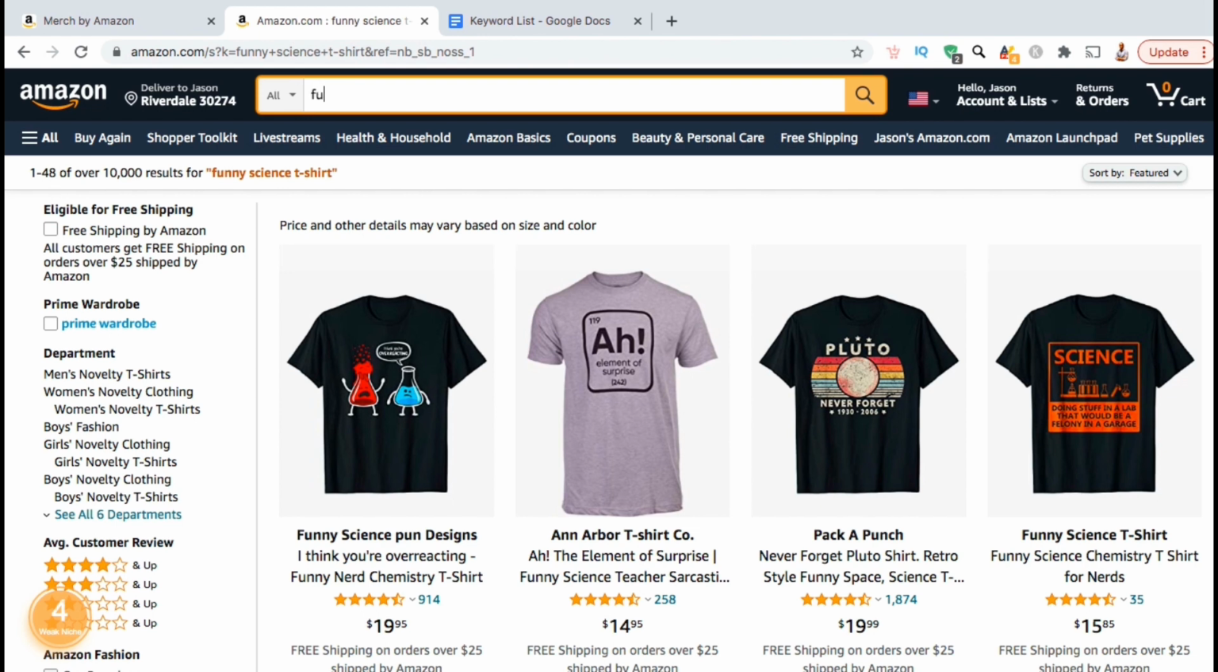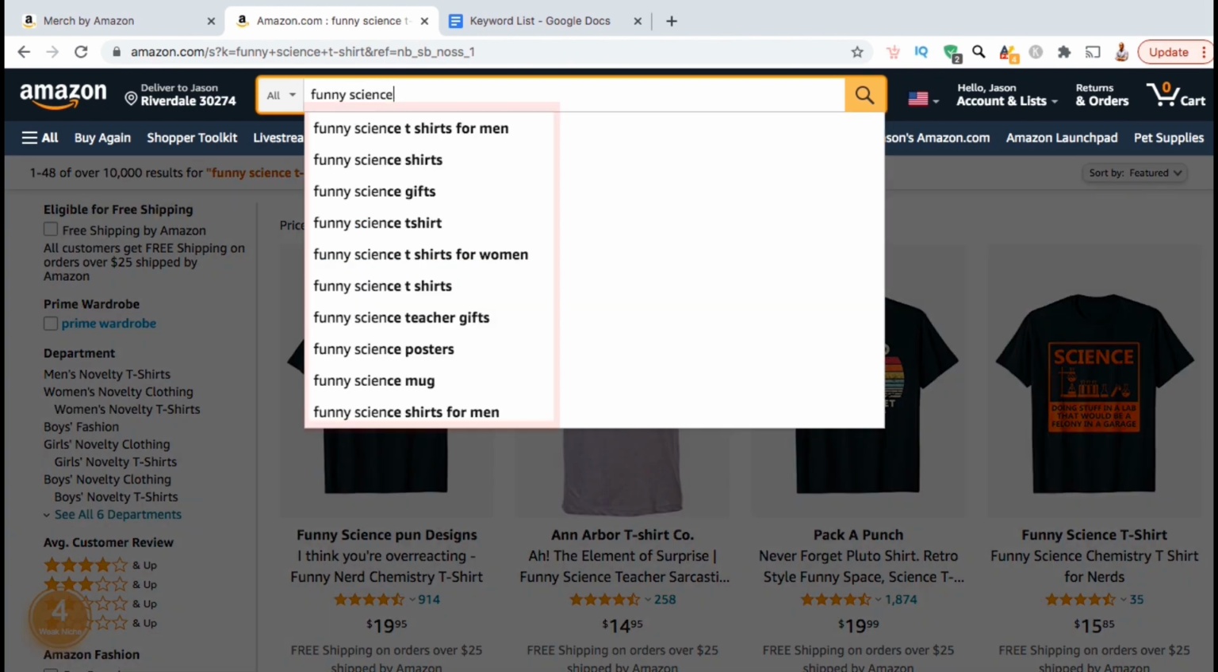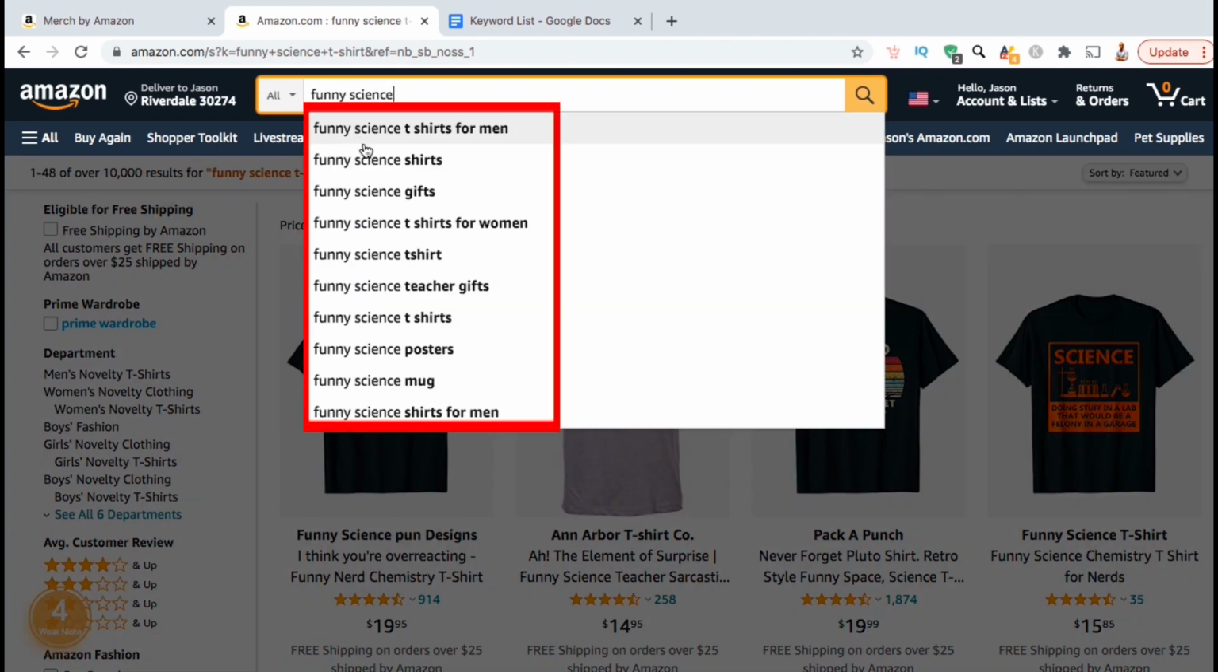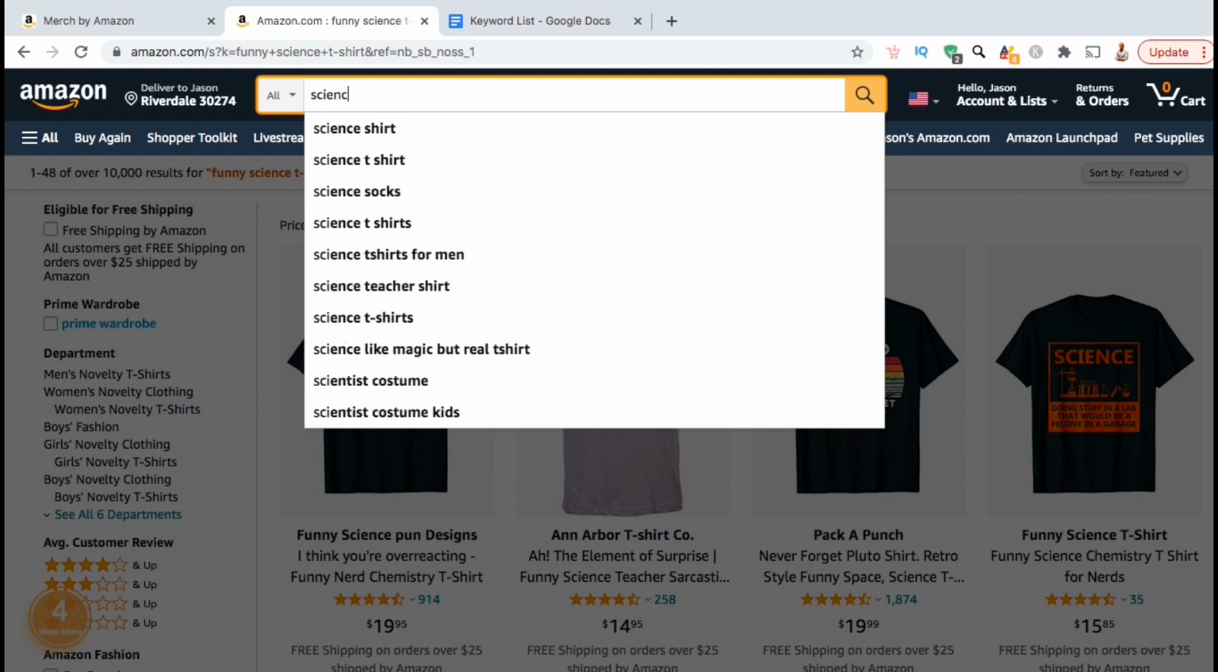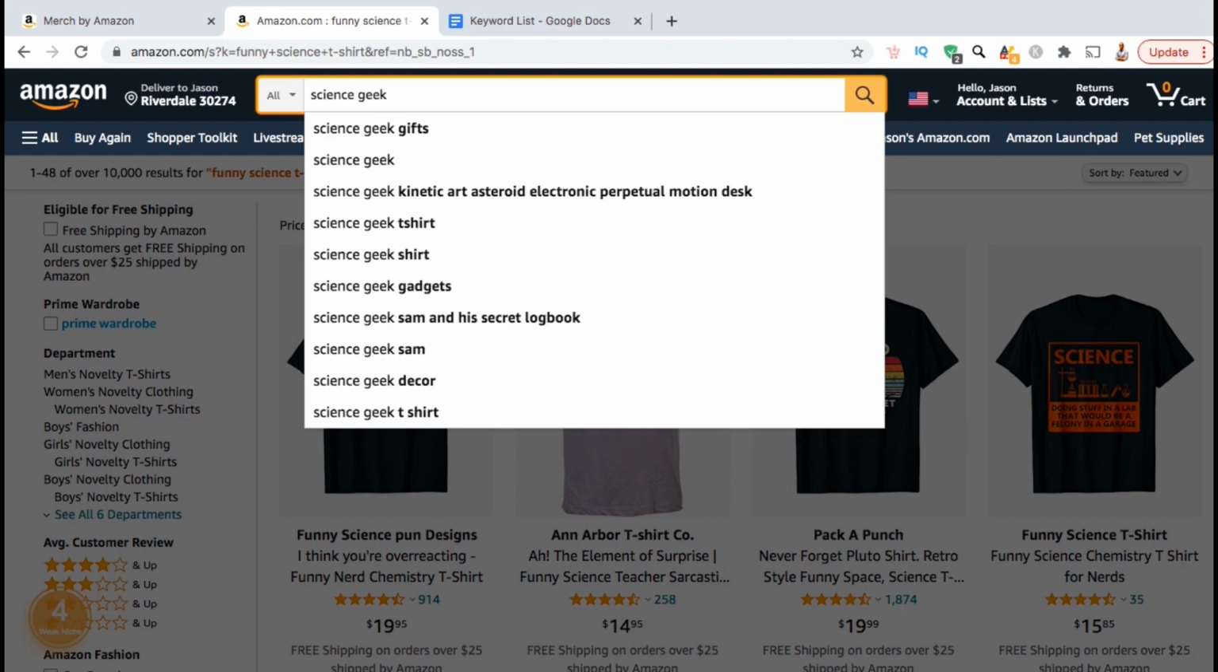For example, if I type in funny science, I'll get results like funny science t-shirts for men, funny science gifts, funny science teacher gifts, and multiple other keyword phrases that might be good to add to my keyword list. When searching, make sure you search for different keyword combinations to see what comes up. If I type in science geek for instance, I'll get a totally new list of phrases that might be good